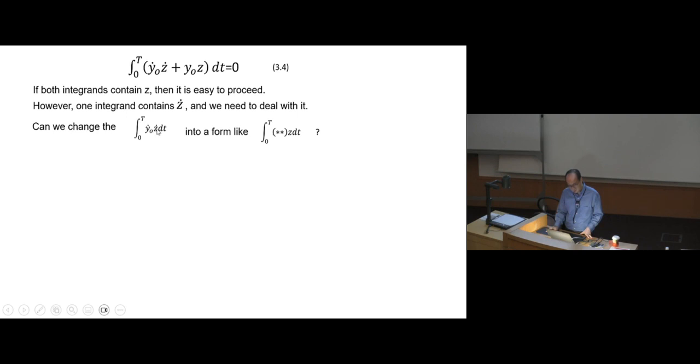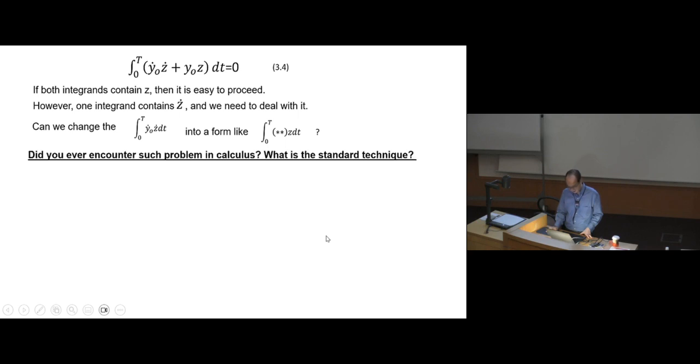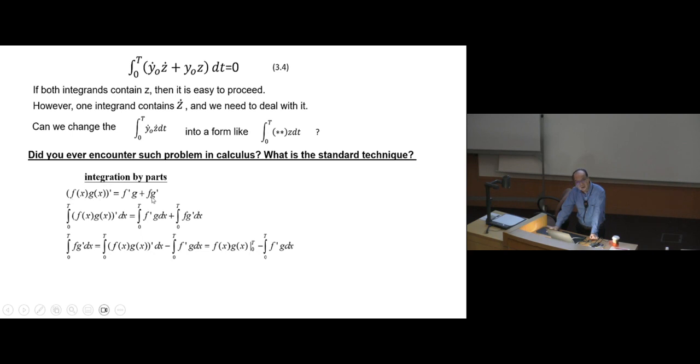If you have an integral with z dot, I want to make it into an integral of z. I know probably it's hard for you, you know it in Chinese, right? It's called integration by parts, or in Chinese we call it 分部积分. Basically, the idea of integration by parts is easy. It's about the product rule for the derivative, right?